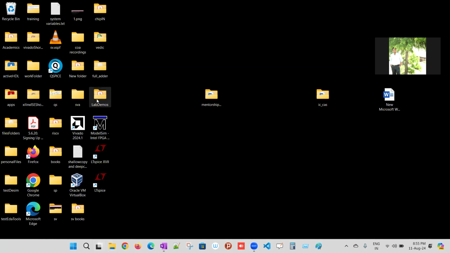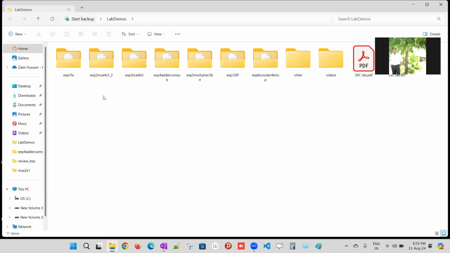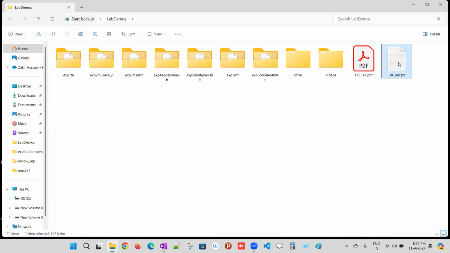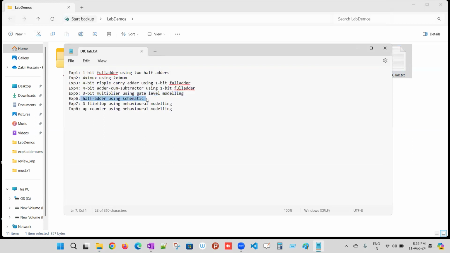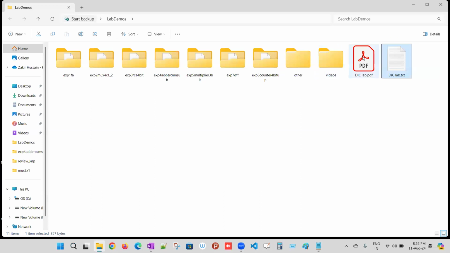So we will start our part B. In that part B, we have a series of experiments we did in lab. In lab, we have done this half-adder using this schematic. If you see the syllabus,